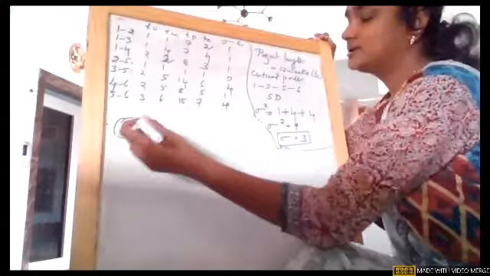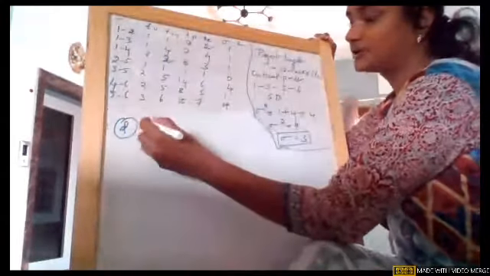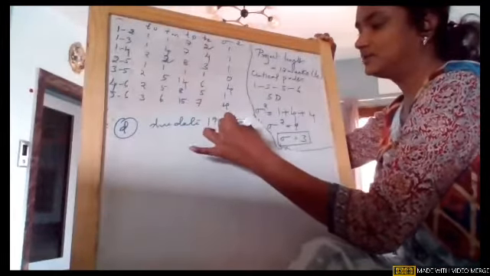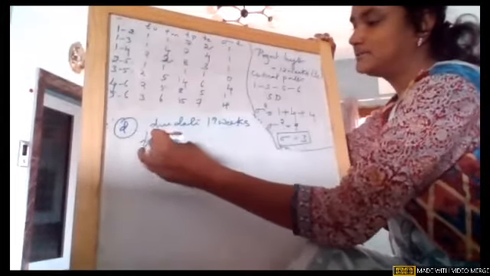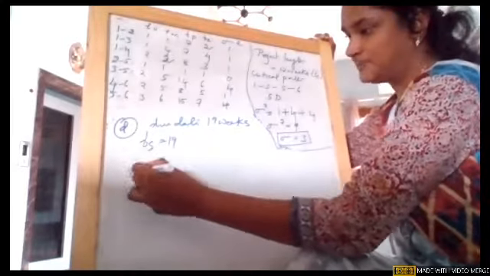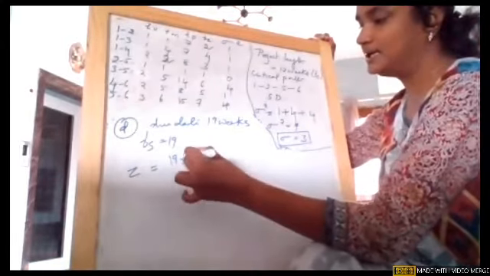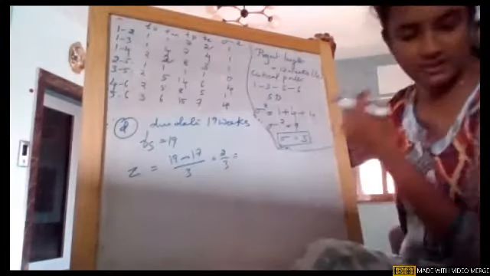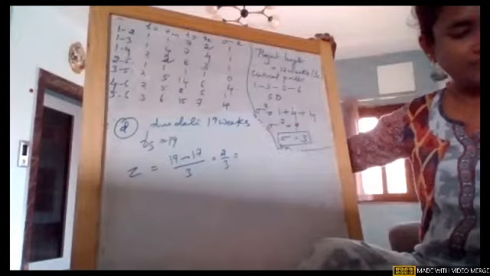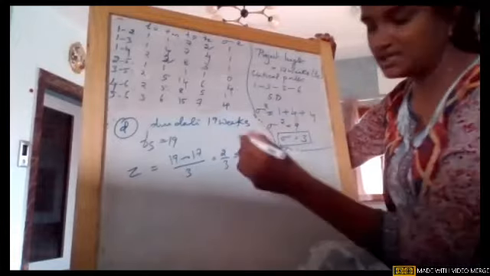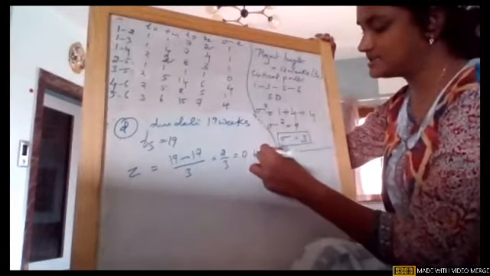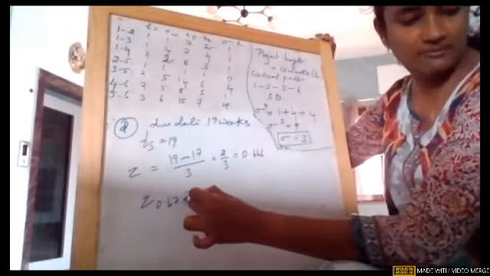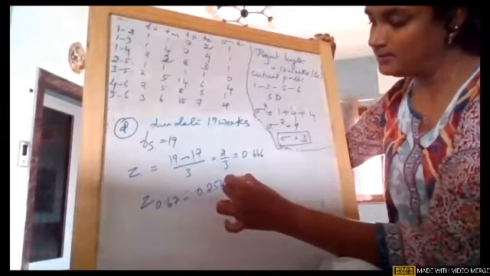Okay, so D is given to us. They gave the due date of 19 weeks. So again TS is given to us as 19. Substitute in our normal distribution: 19 minus 17 divided by 3, which is 2 by 3. When we calculate 2 by 3, the value is 0.666. Okay, so when I take 0.67, the table value is 0.2514.